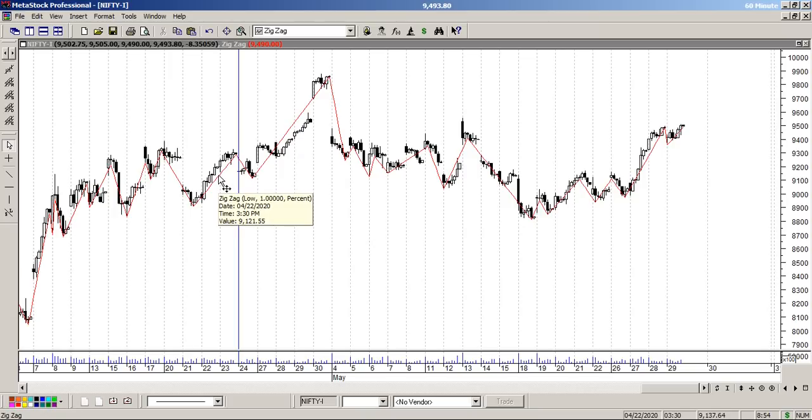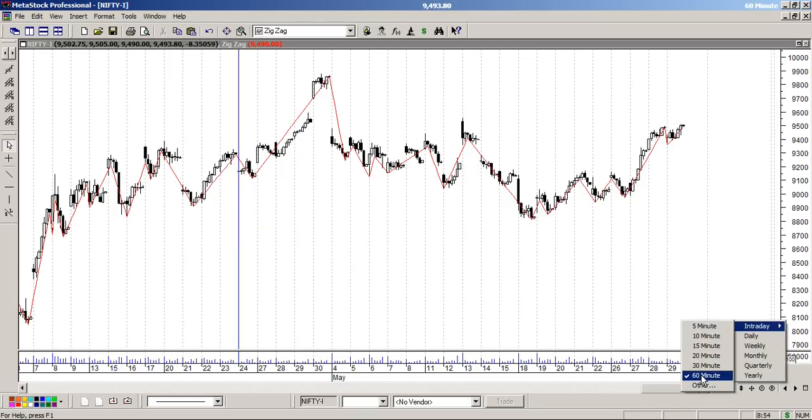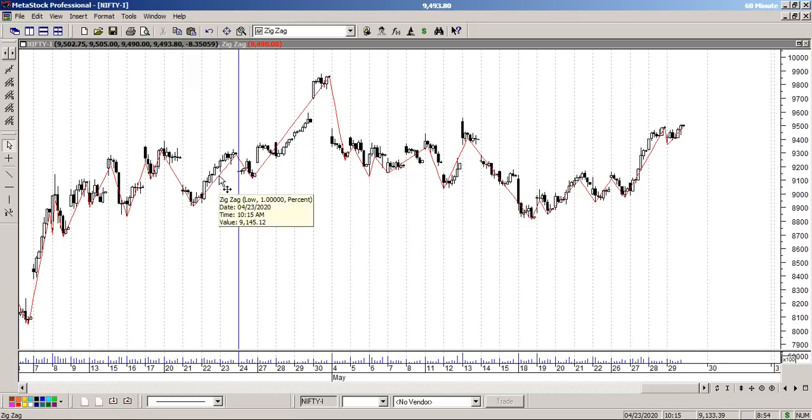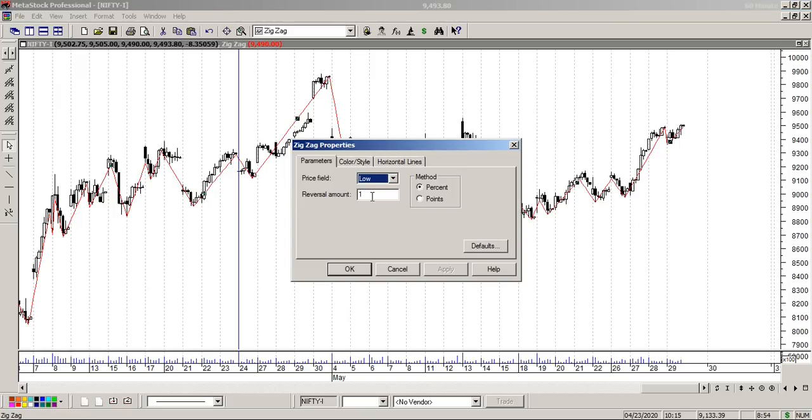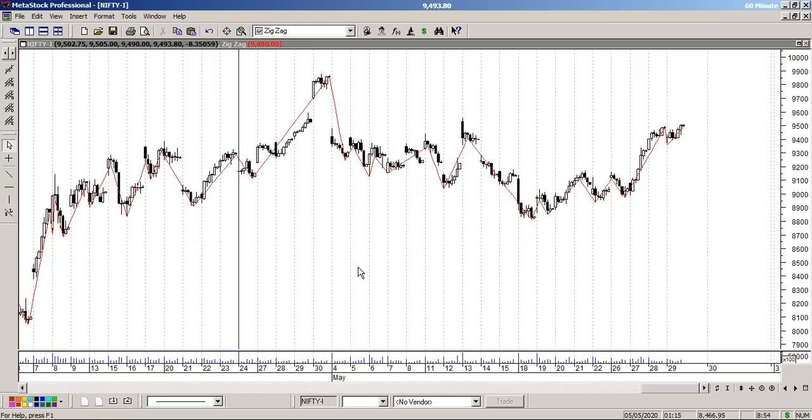Now when I'm doing this chart on real time, I'm using hourly bars. Less than that, there's a lot of noise. Don't use 15-minute, 5-minute, doesn't work. Your highs and lows will get triggered every 20 minutes. Use an hourly chart. So when you're using an hourly chart on a daily basis, a 1% move is enough reversal, correct? If you give 3%, you will get very less signals. That's EOD. Keep a 1% reversal on EOD hourly charts.